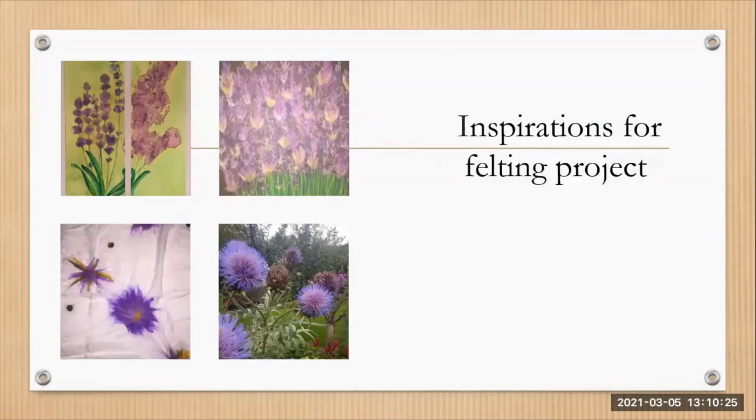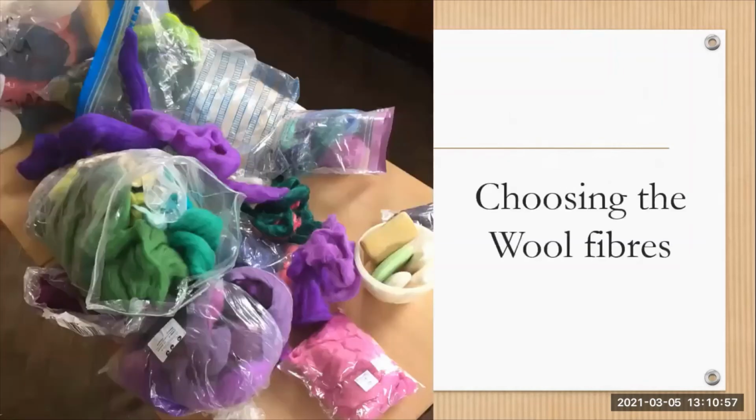In working with crafts, we need to be inspired. And where do we get our inspiration? Inspiration is all around us. It comes from looking at colour, looking at nature, looking at shape. And here in this slide, we can see the inspirations that a student got for creating the piece of felting work in the next slides that you're going to see. So again, from the inspirations of nature,